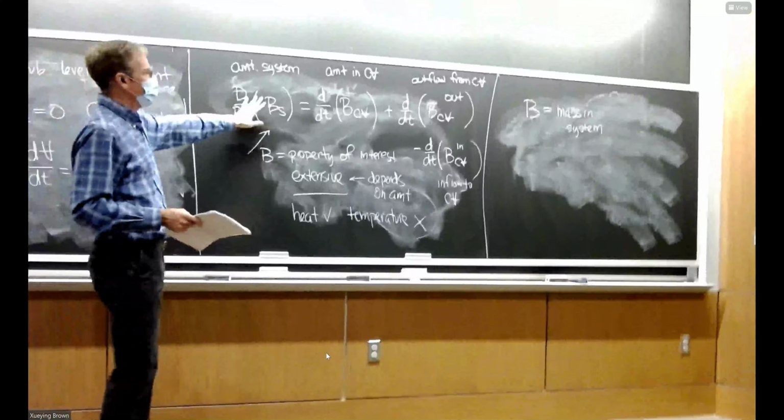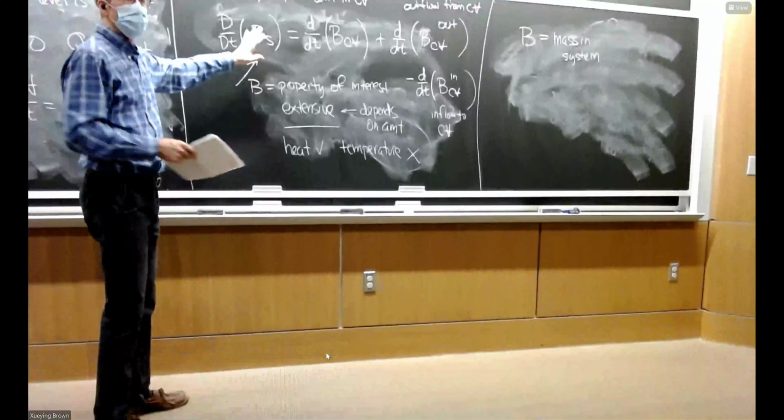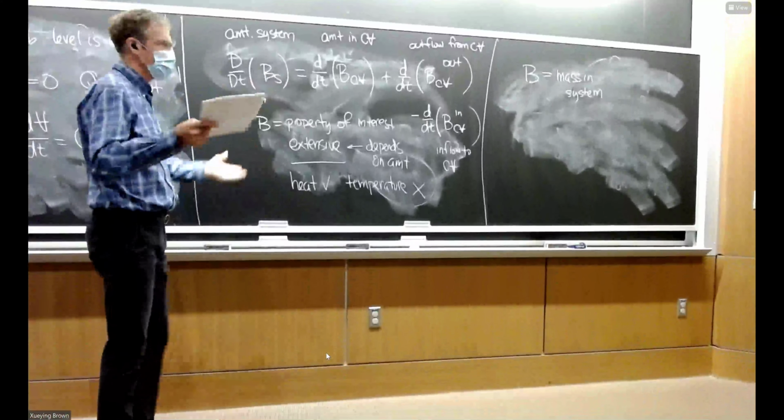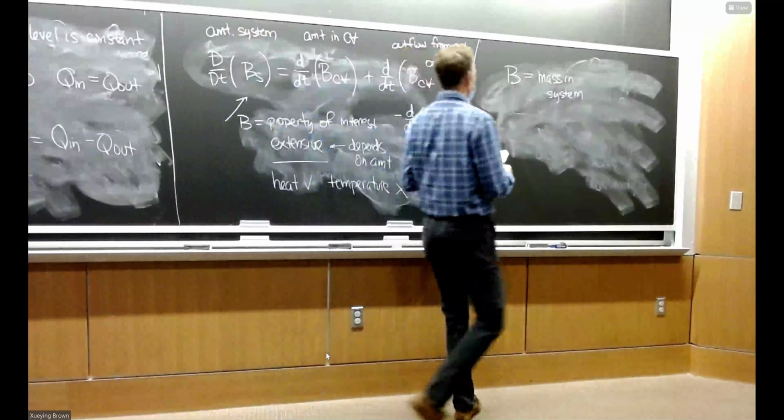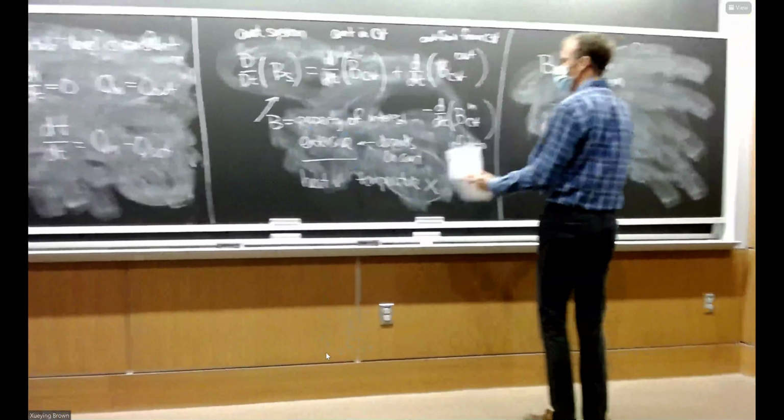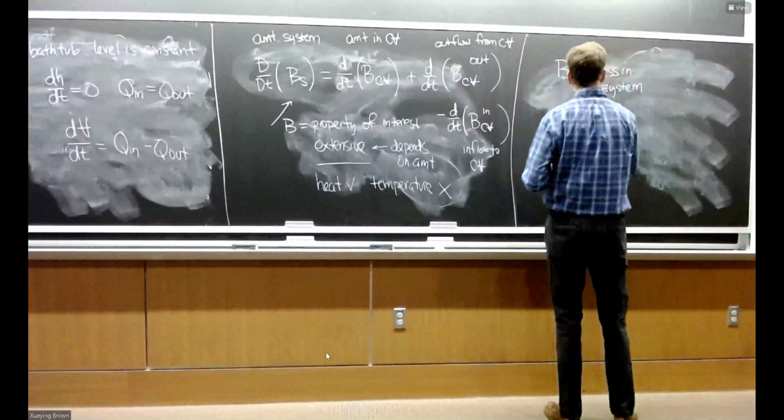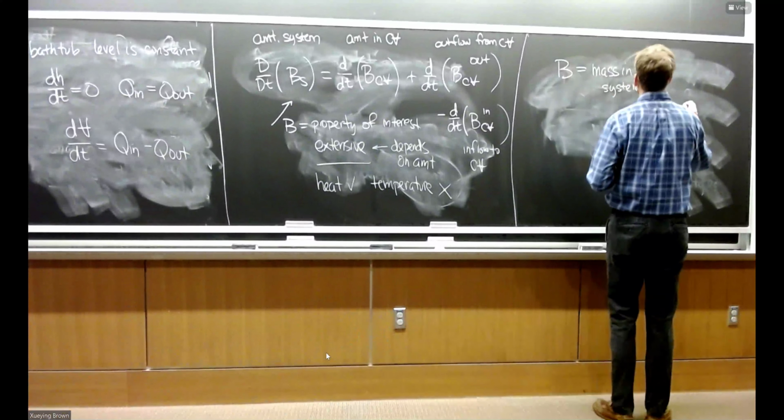This left-hand side, since we know you can't create mass, you can't destroy mass unless it's some sort of nuclear something, E equals mc squared, and it's not that. So we've got the left-hand side